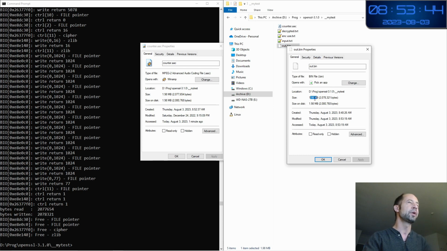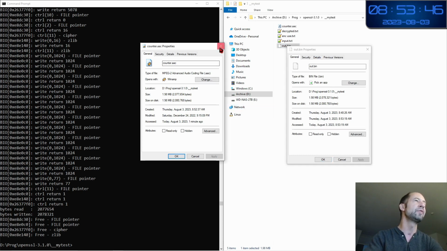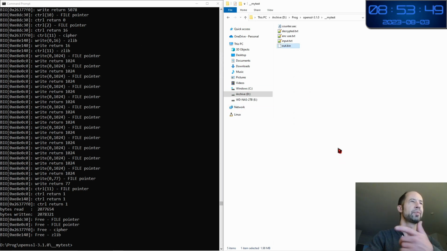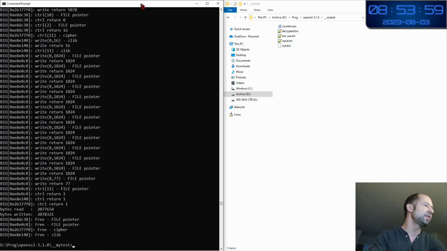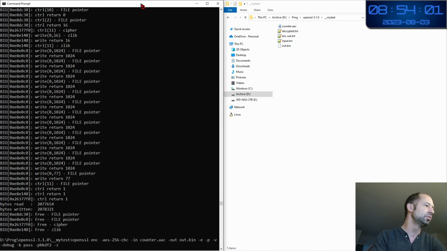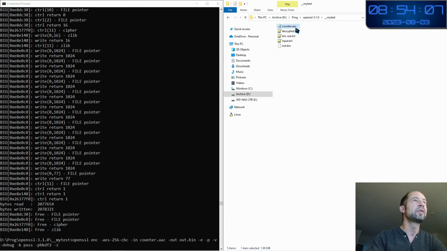This is comprehensible because in fact the music file is already compressed. So the compression does not reduce it, but logically you should have a reduced file if it is not compressed. Then let's try this.